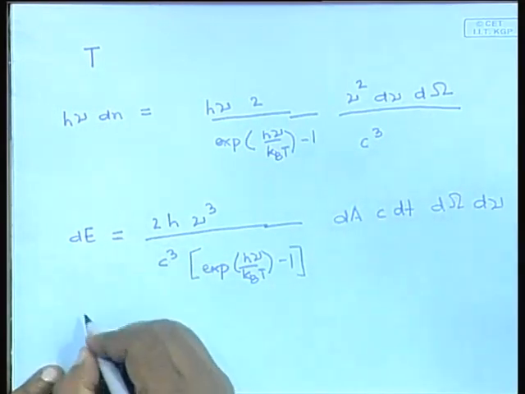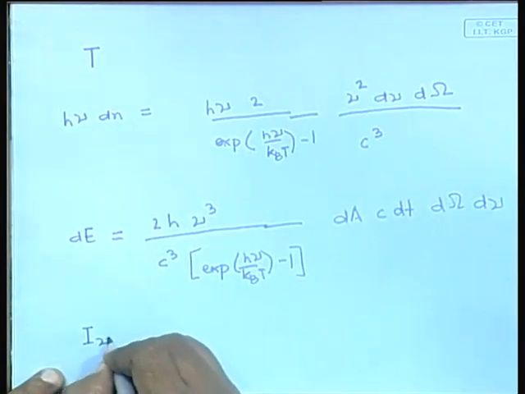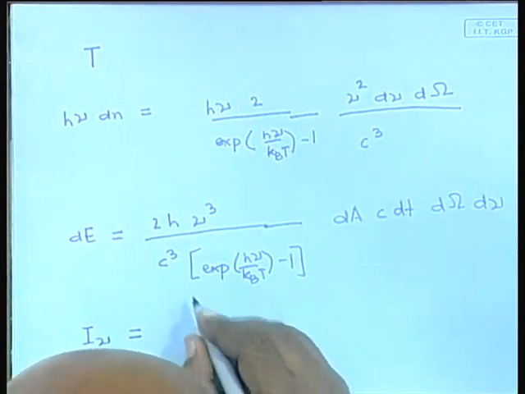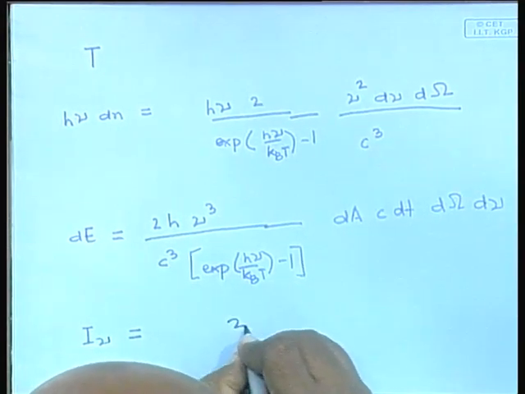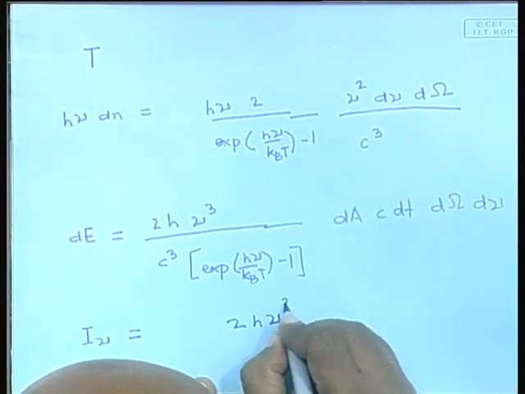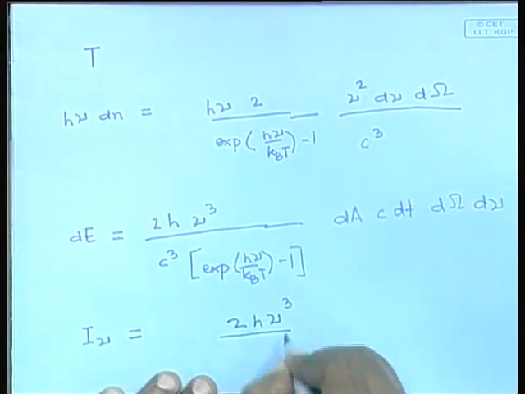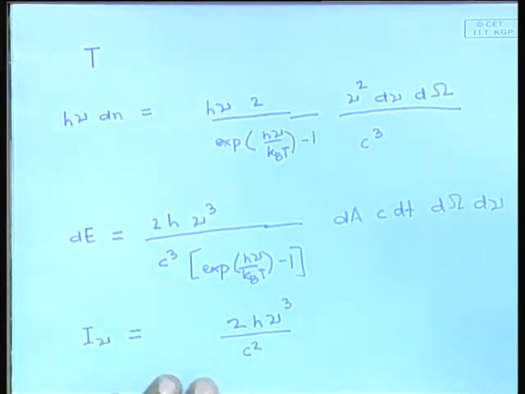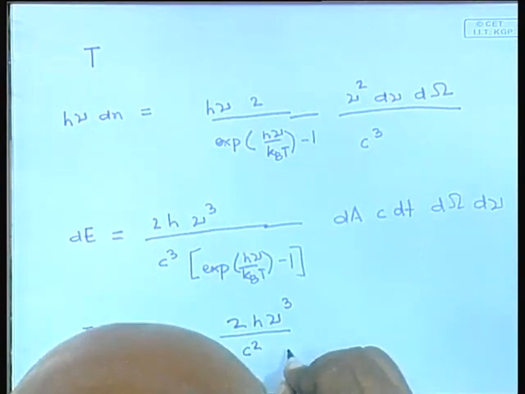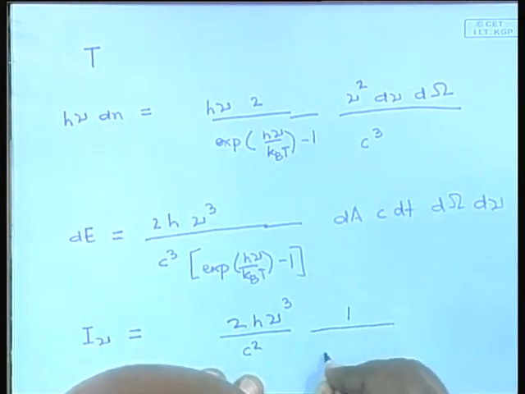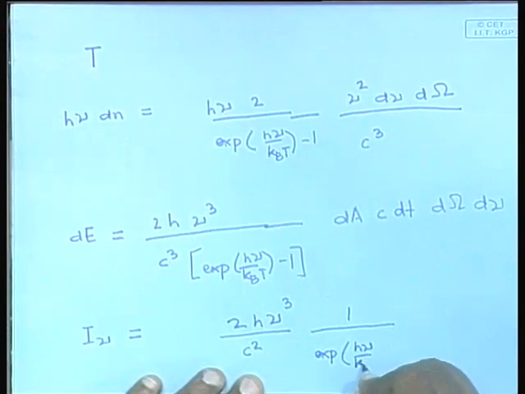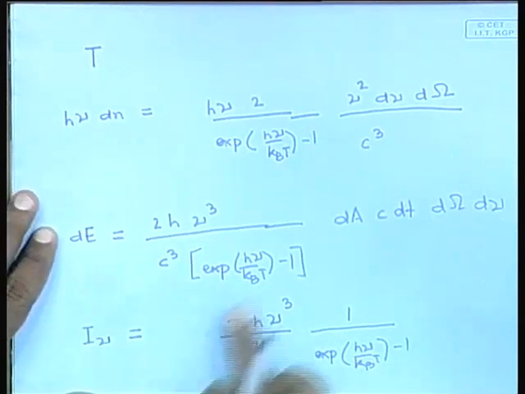So, from this we can straightforwardly identify what the specific intensity of black body radiation is, and we see that it is given by 2h nu cube by c square, and then we have 1 by exponential of h nu by kBT minus 1. So, this is the specific intensity of